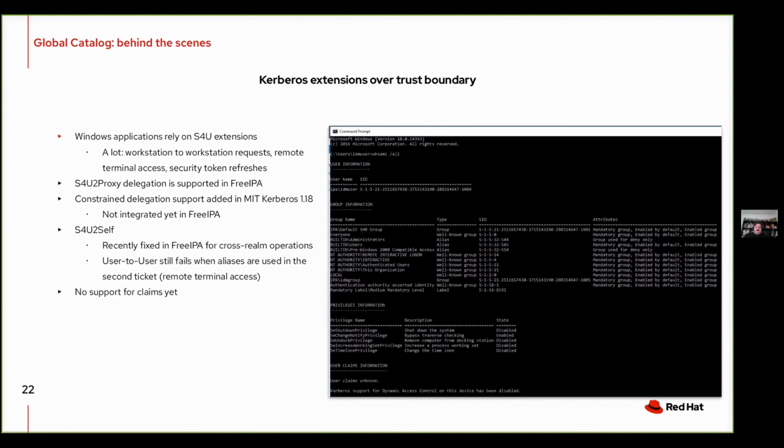So this is the one thing working. The other thing that we have support for is the S4U2proxy delegation. It's supported in IPA from the beginning, but there are 3 different types of this kind of delegation of the TGT in Kerberos with S4U extensions.